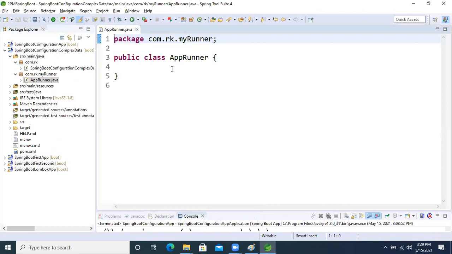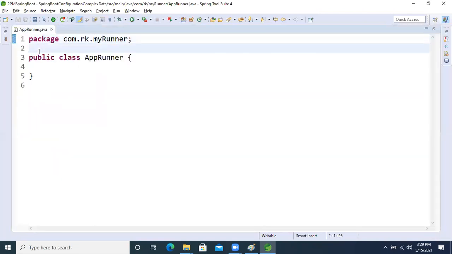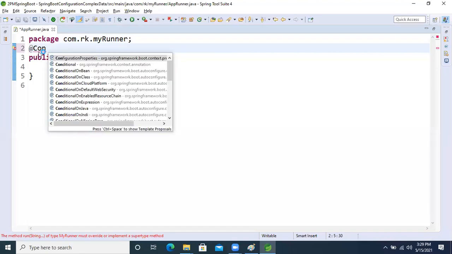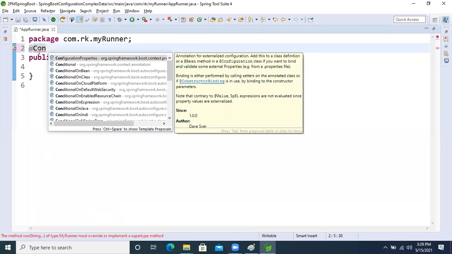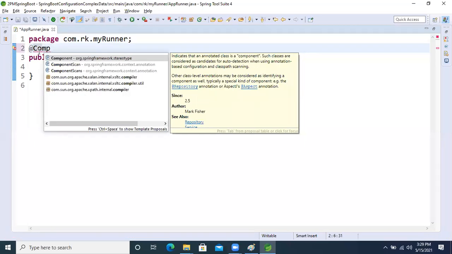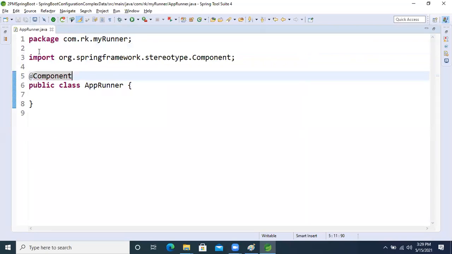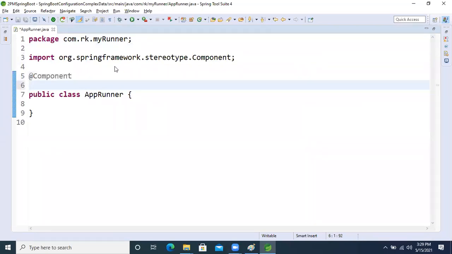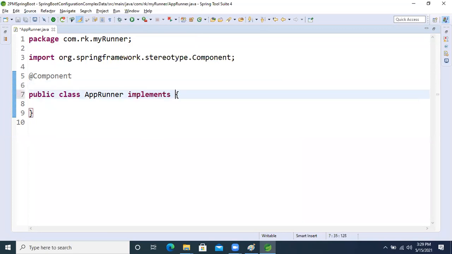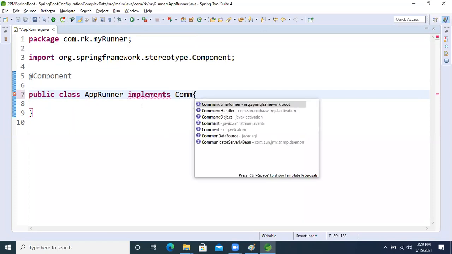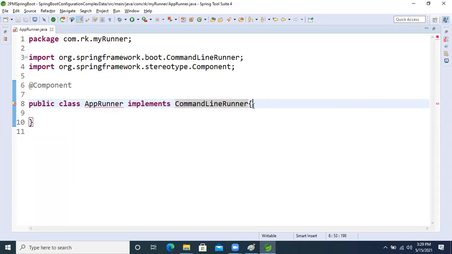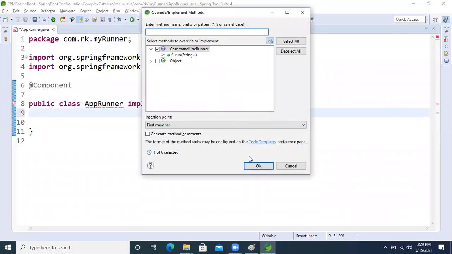Okay, inside that, if we want to make this class to create our IOC container object, what annotation we will apply? At the rate configuration, right? At the rate, sorry, component, at the rate component. Yeah, we applied now. Just inside this, I'm taking implement Command line runner. Now fine, inside this command line runner, one abstract method is there, I'm overriding that abstract method.